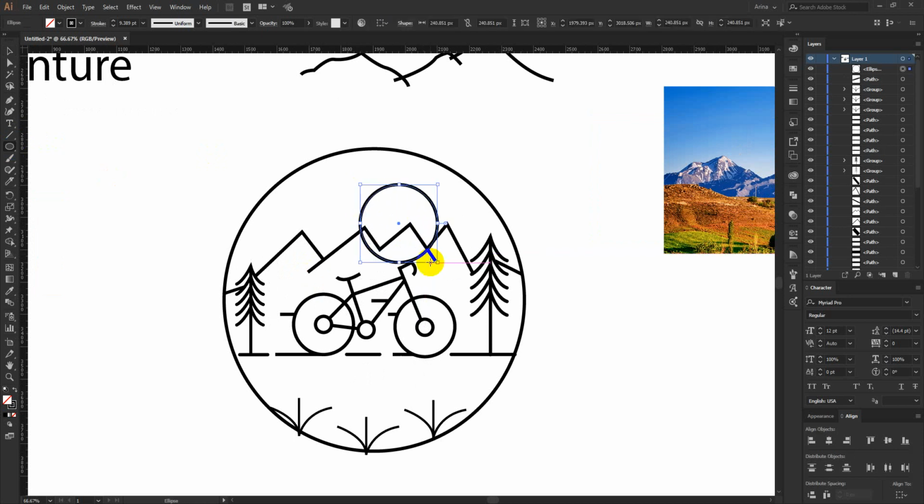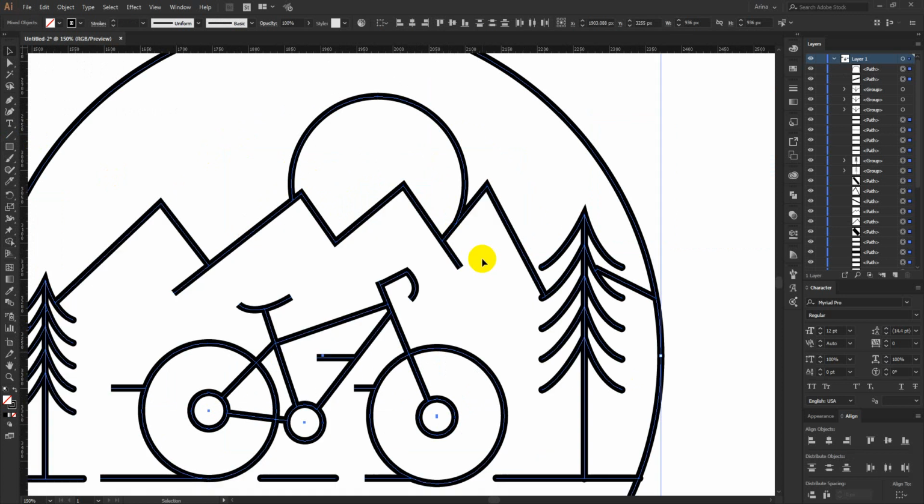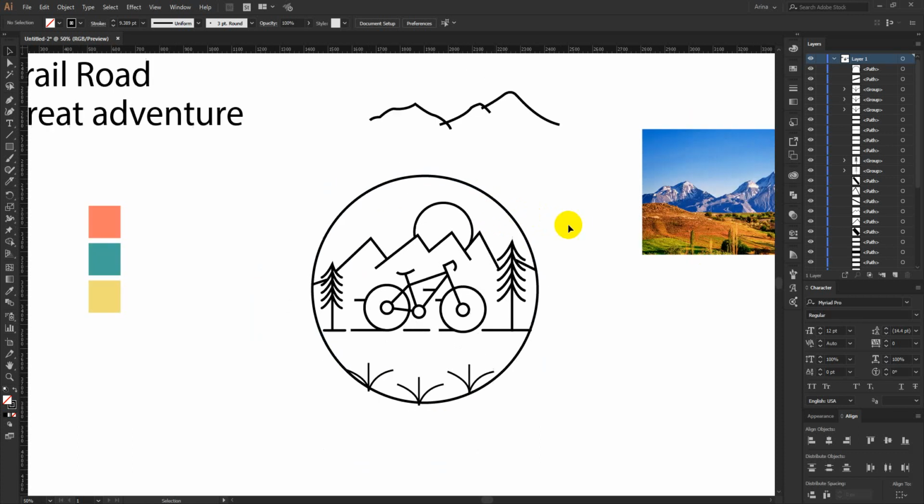I wanted to put a sun behind the mountains. Select them, shape builder. Yeah, that is good, that will work for me. Okay, now I just need to add my text here. So for the text I need this ellipse here, so I am going to copy that and paste in front.